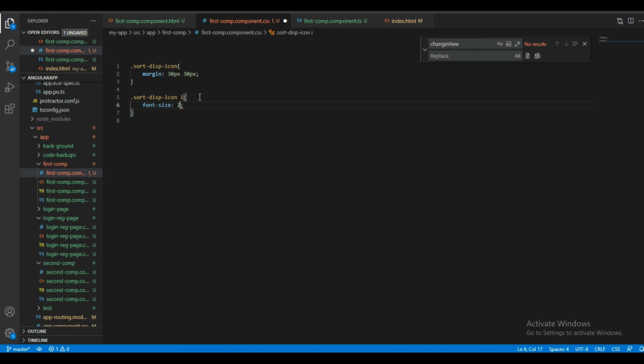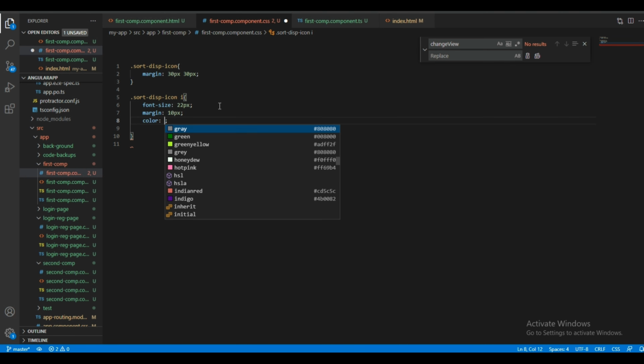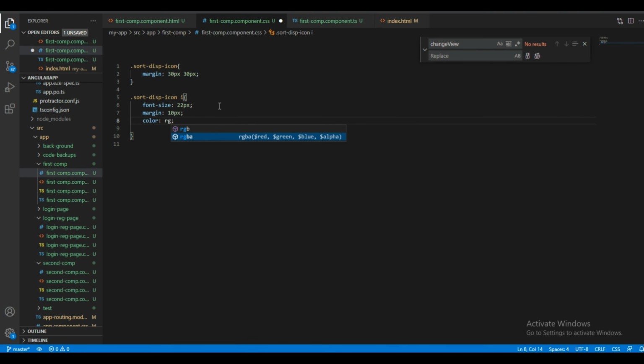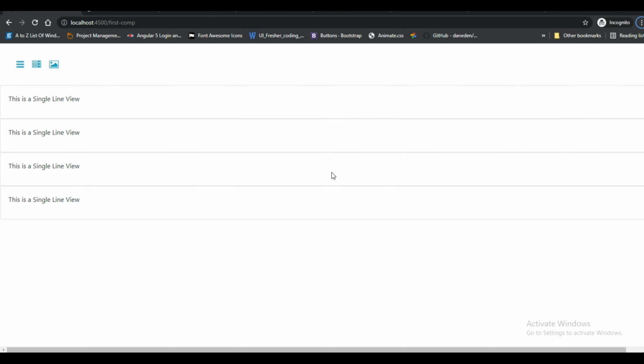Font size of 22 pixel, and I'll give margin of 10 pixel, and color, I'm giving color as RGB 29, 168 and 192. Okay, it came to light blue, and the cursor pointer. We'll save and check. Got it. Okay, so we'll check the functionality too.